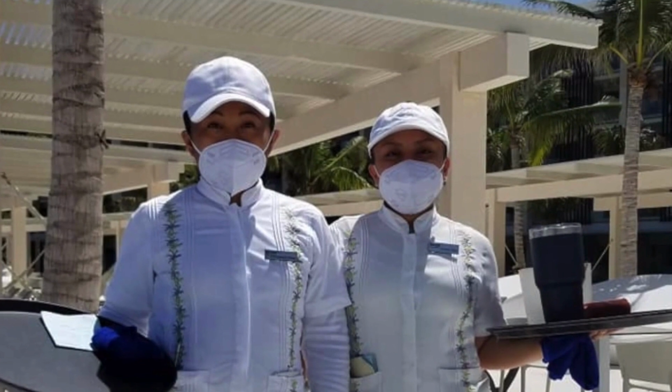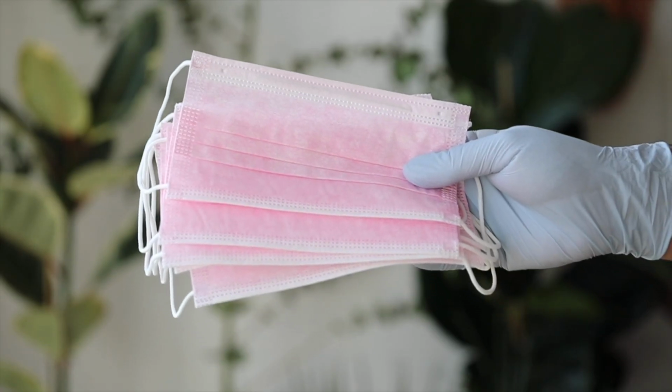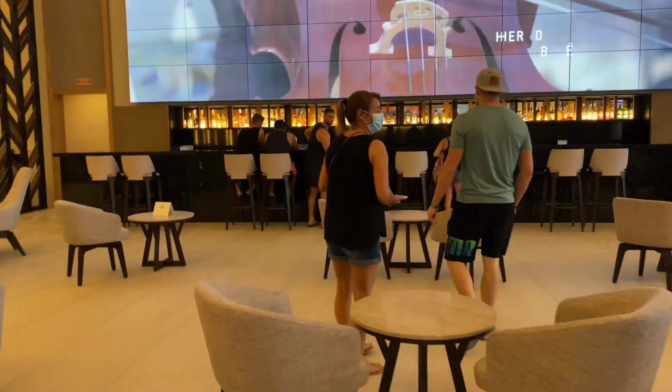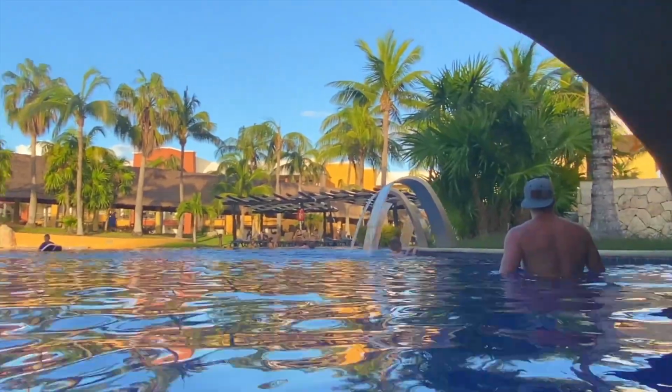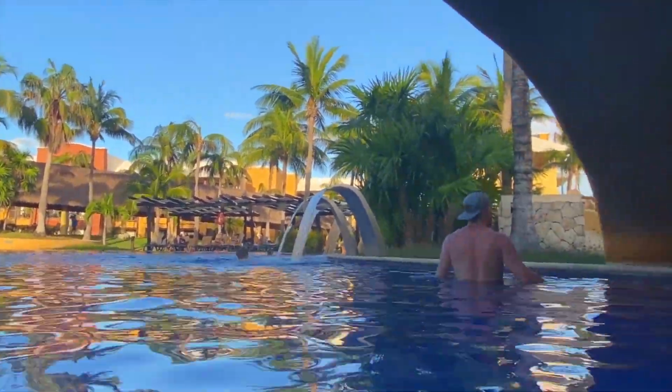First off, staff members are masked all the time. Even the outside staff was masked. They do provide you with masks if you need as well. Guests have to wear a mask in the lobby and restaurants and buffets until eating. I did see staff reminding guests to put their mask back on when getting seconds at the buffet. You did not have to wear your mask in the pool or at the beach because when masks get wet,